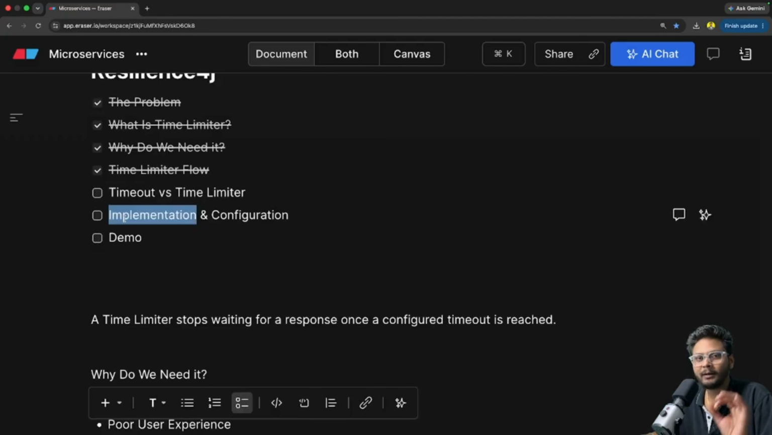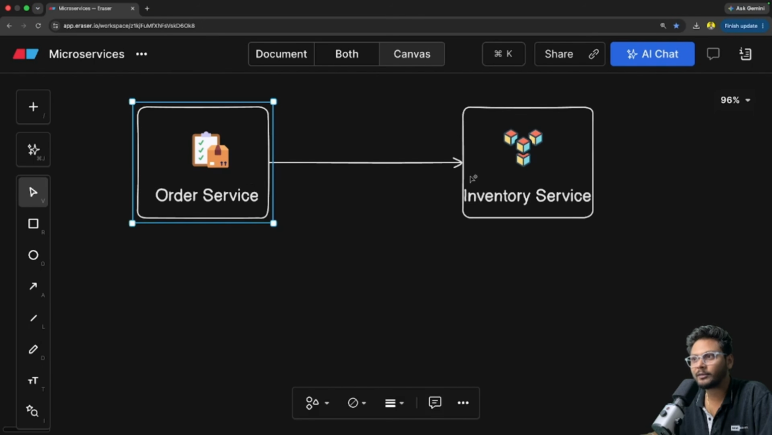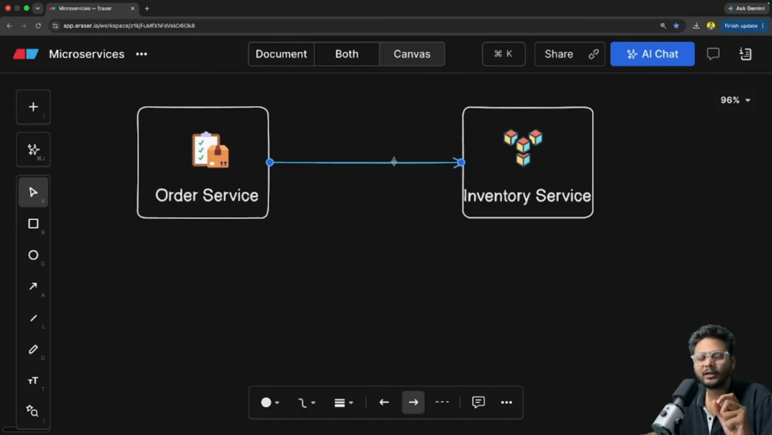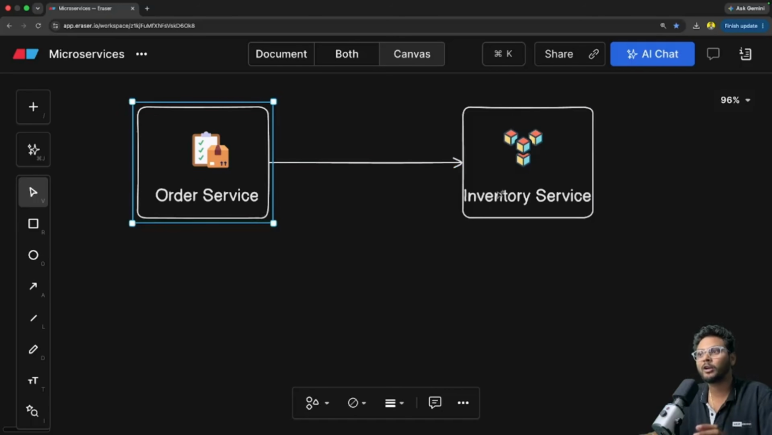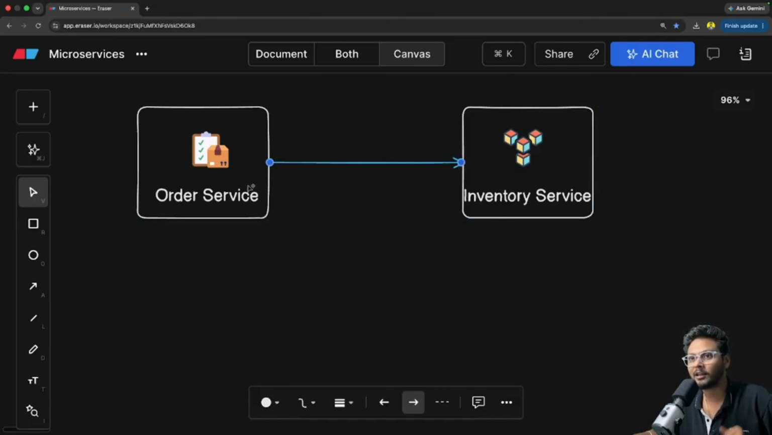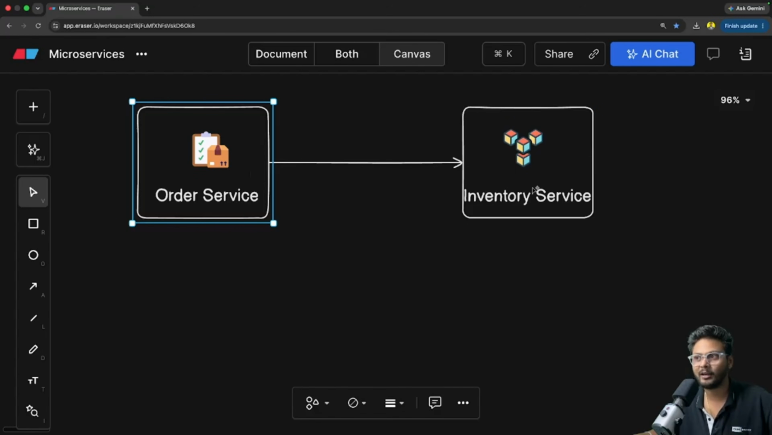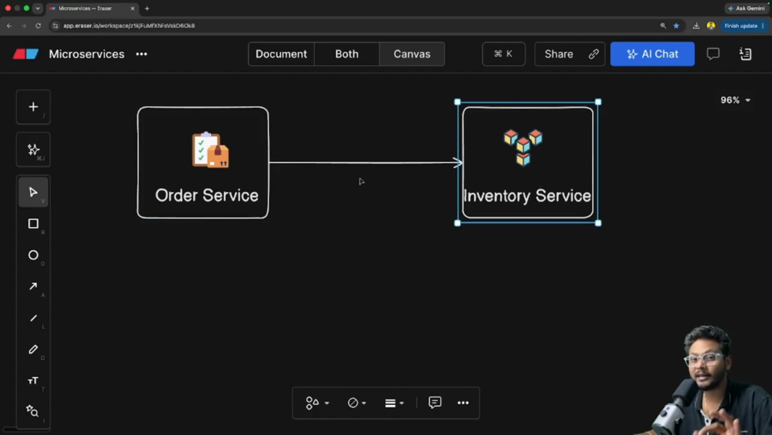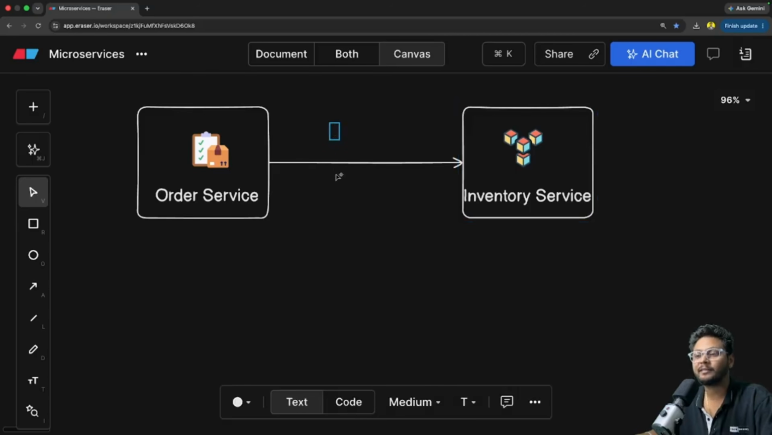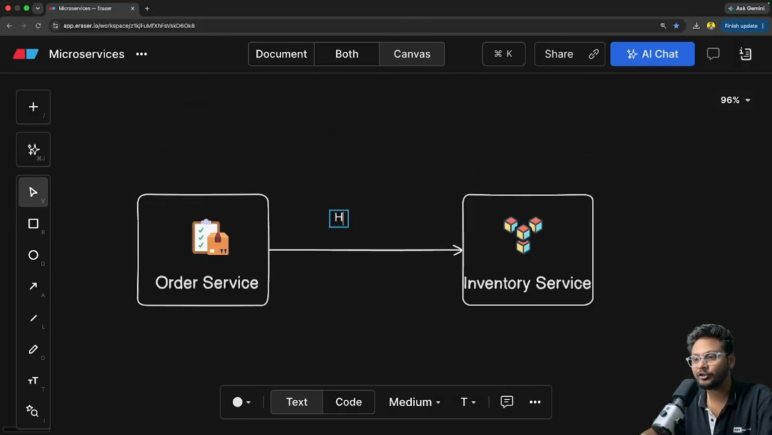Now before we move to the implementation part, there is a very important thing that I want to call out: timeout versus time limiter. Let's say order service is talking to inventory service, and inventory service is taking a lot of time. Then eventually after some amount of time, you may have seen the read timeout error or connection timeout error or socket timeout errors, right? Those errors will come over here. It's not like the connection is going to be there forever and your order service is going to wait forever until inventory service returns. No, this connection will get disconnected at some amount of time, and that depends on the HTTP client